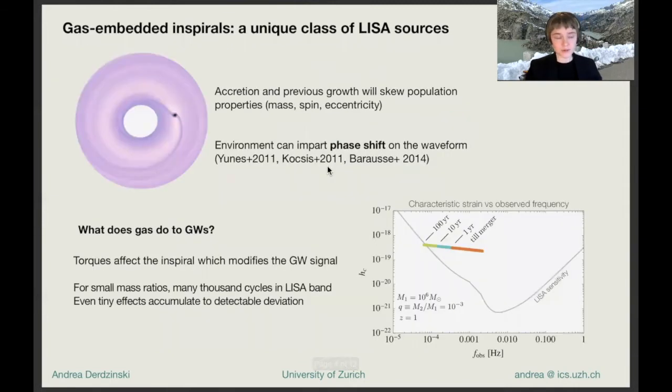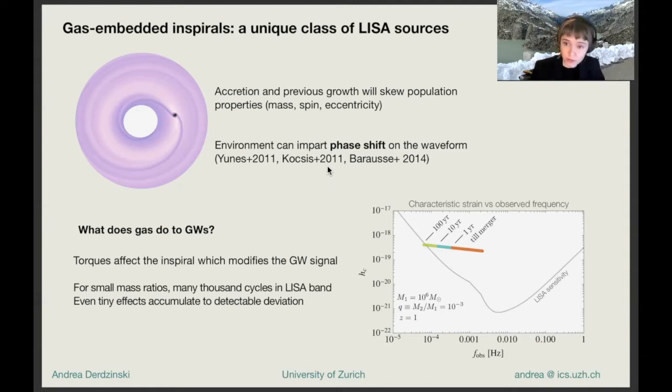What I will talk about today is how these gas-embedded IMRIs or EMRIs are a potentially really exciting class of LISA sources. So first of all, they should have substantially lower eccentricity compared to their dynamic counterparts that form through relaxation processes in typical dry galactic nuclei. Accretion in the disk and their accretion history in general should skew their properties as a population, namely their mass and their spin. More interestingly, though, their individual events can carry signatures of their interaction with the environment in